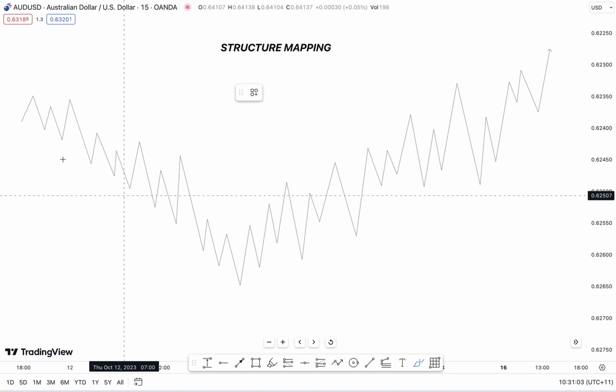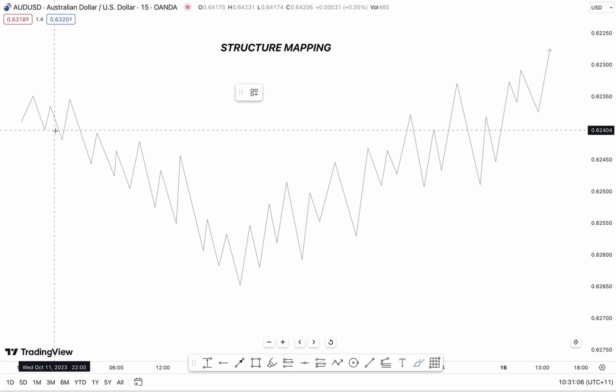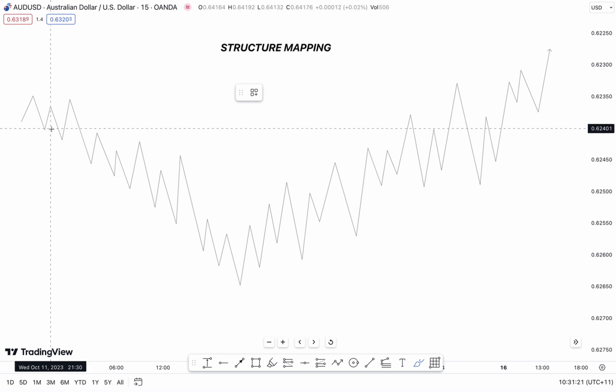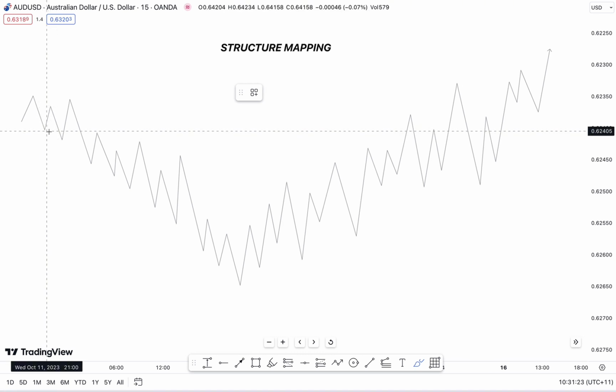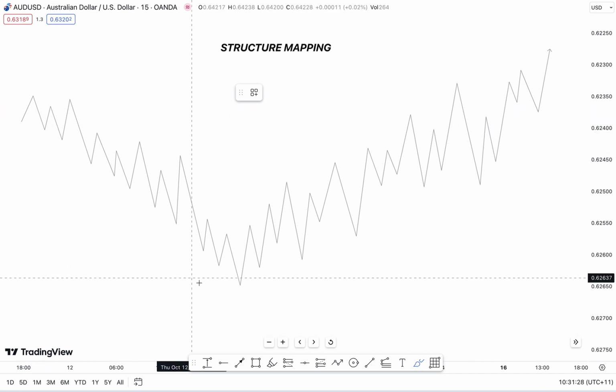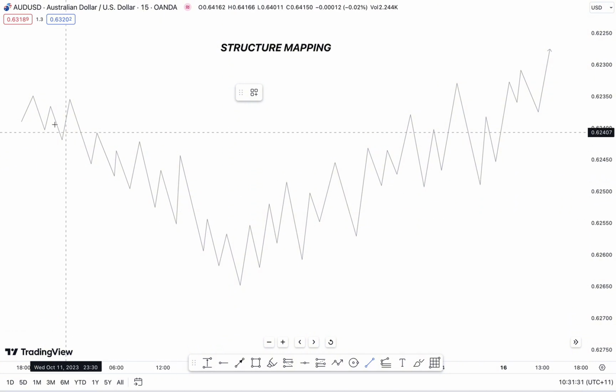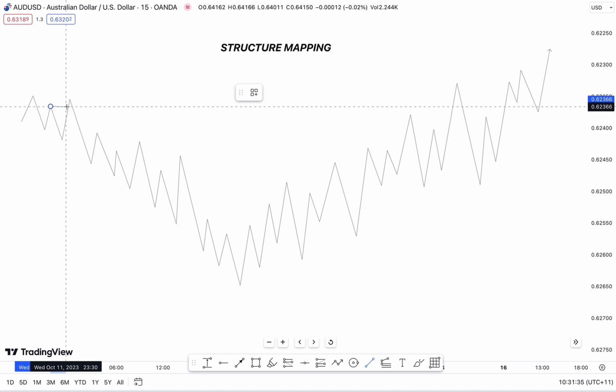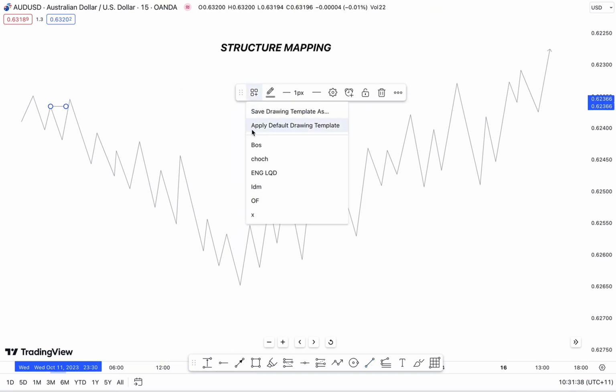So we have this valid break of structure here. I said something in the previous videos. How do we identify this inducement? Inducement is usually the first pullback after every break of structure. So now, if you look at this break of structure here, where's our first pullback after it? Here, correct? So when we mark our inducements as per the first pullback,